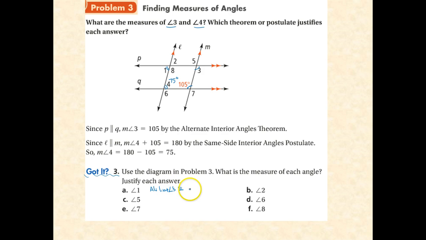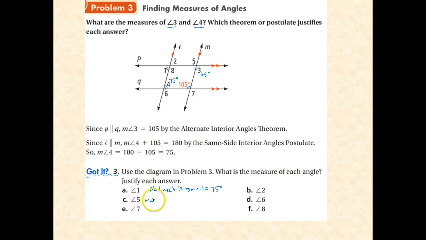So that means that the measure of angle 1 is 75 degrees. How about angle 5? Well, we've already shown that the measure of angle 3 is 105 degrees. 5 and 3 are vertical angles,